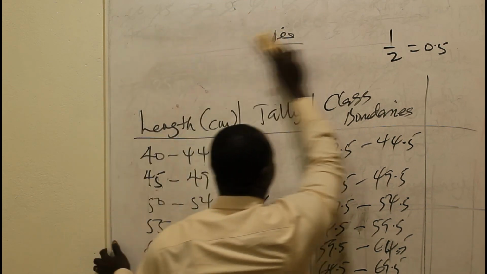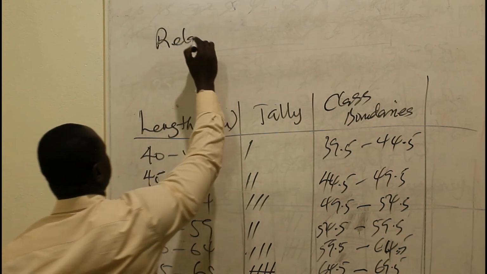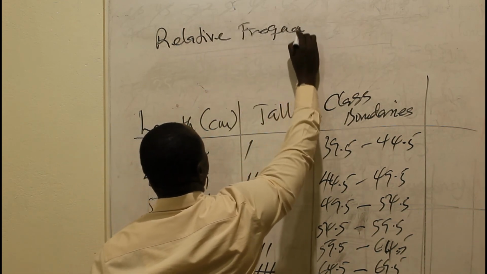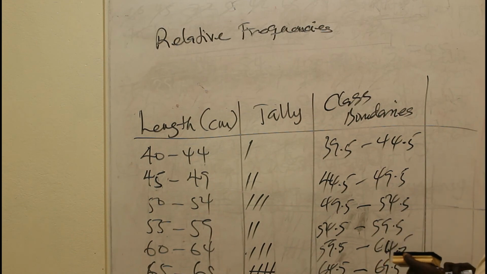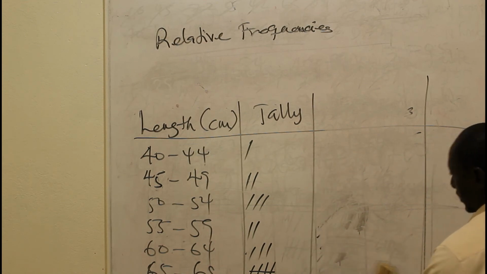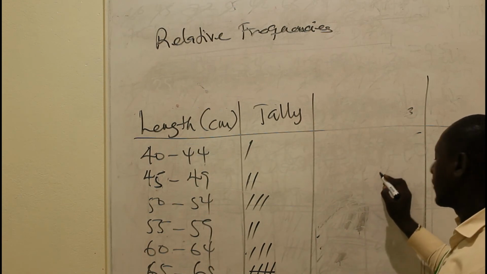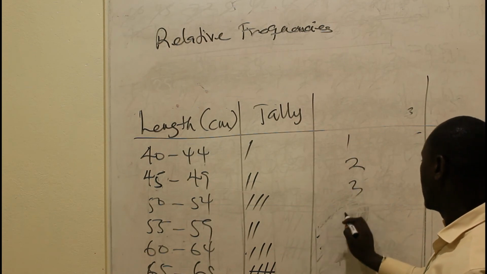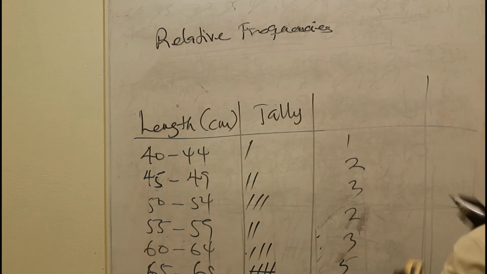The next item that I'm going to add is what we call the relative frequencies. When we know the frequencies, we should be able to calculate that one. We have the frequencies to be 1, 2, 3, 2, 3, 5, 3, 1. So in calculating the relative frequencies,